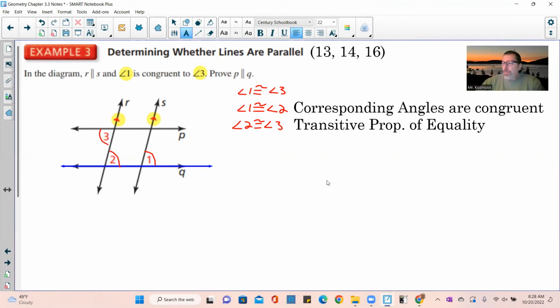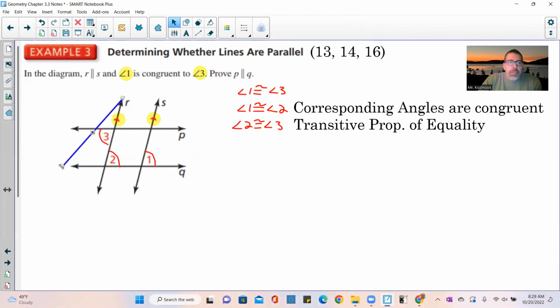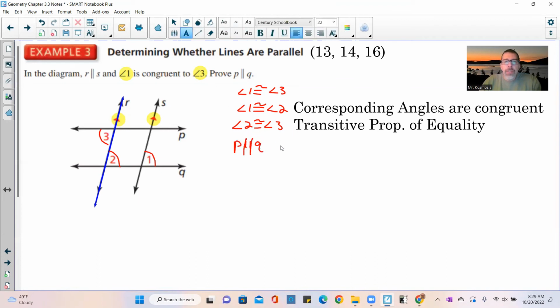Beautiful. Because now what I can do is focus on line R being my transversal. So I'm going to choose this line here now and move it to here. This is now my transversal that I'm focusing on. R is a transversal to P and Q, and angle 2 is congruent to angle 3, and they are alternate interior angles on the line R. So now I can say P is parallel to Q. Okay, P is parallel to Q, and the reason being